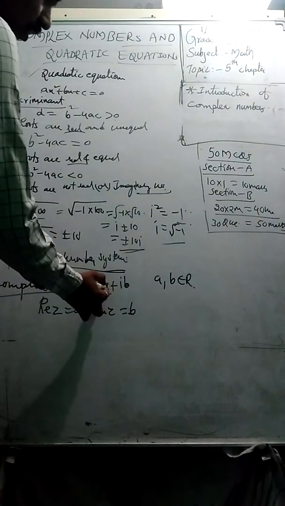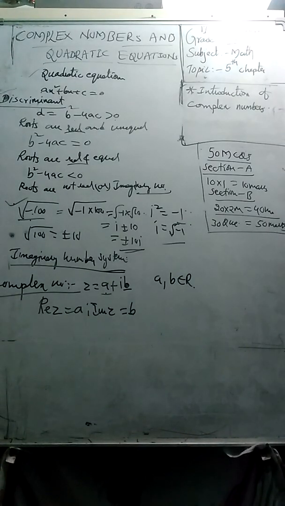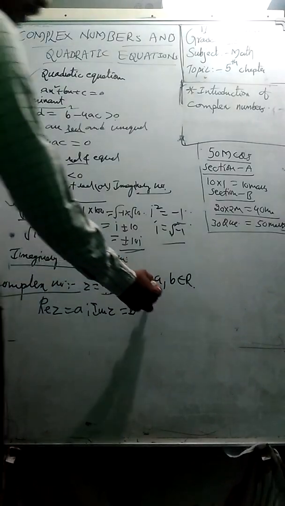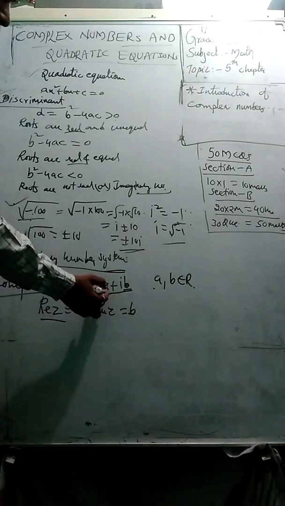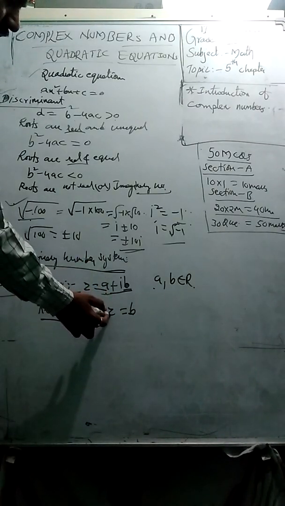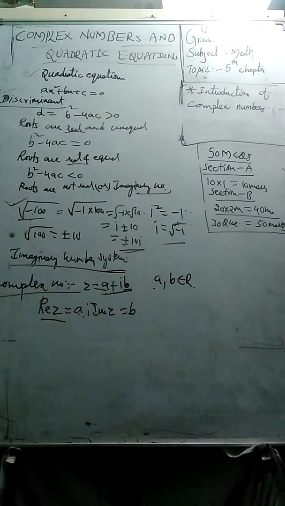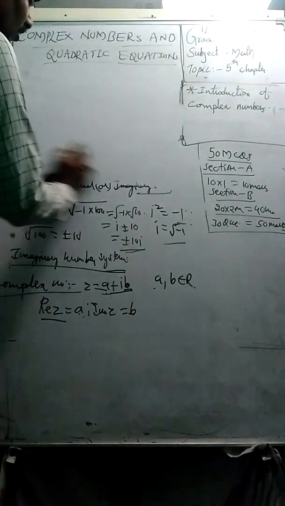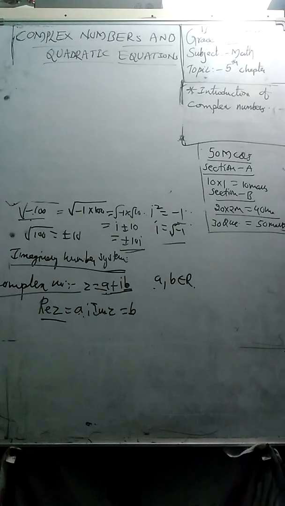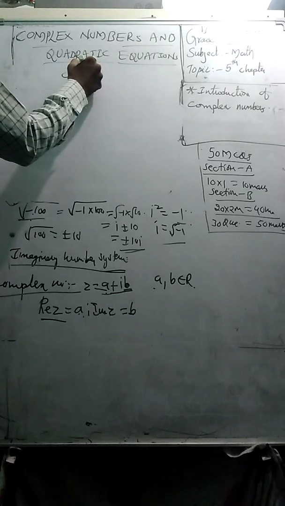Once again, a combination of a real number and an imaginary number in the form a plus ib is called a complex number, where a and b are real numbers; the real part of the given complex number z is a, and the imaginary part is b. This is the overall explanation of imaginary numbers as well as complex numbers. I will show the flow chart of these number systems. As you know, first we will start with the complex numbers.